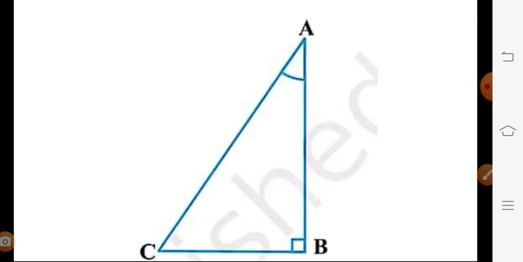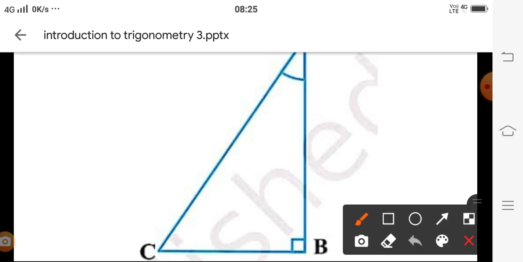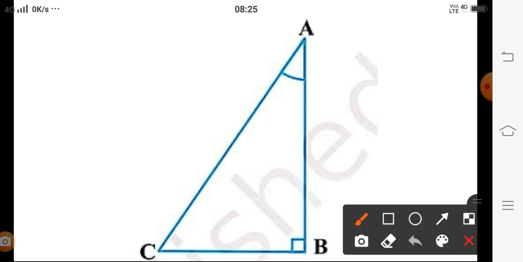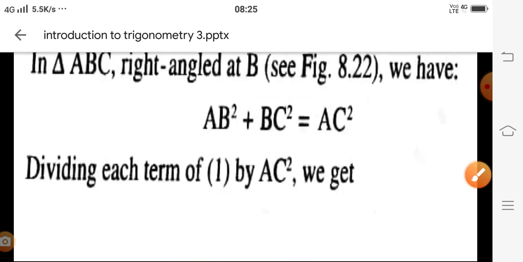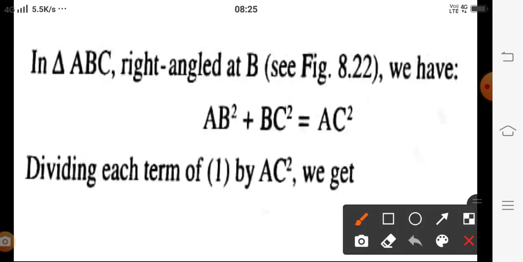If you are considering here, you are getting a right triangle ABC, and in a right angle triangle, the side opposite to the right angle we call the hypotenuse. In this, the angle is given, it means that BC is perpendicular and AB is base. Then we know the relationship between the hypotenuse, perpendicular and base in terms of the T ratios, that we are going to use here. And if you are using Pythagoras theorem, then what are you getting? AB square plus BC square is equal to AC square in that triangle.